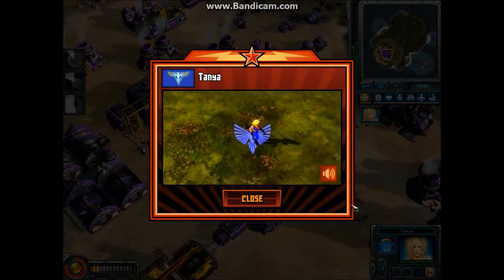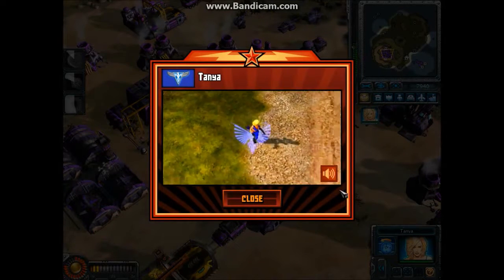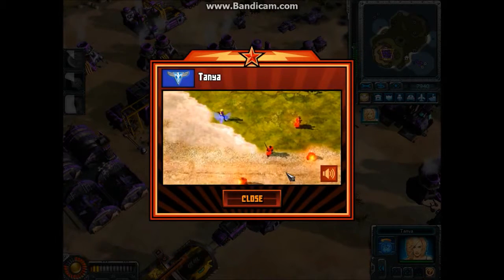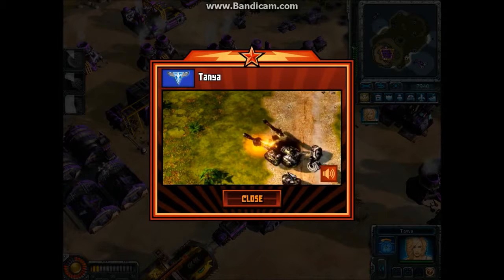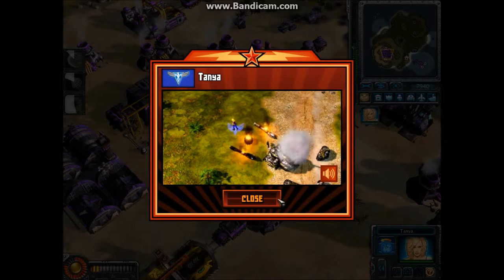Special Agent Tanya is our finest commando. She can easily dispatch enemy infantry with her pistols and eliminate structures and vehicles with her explosives. Tanya is a remarkable swimmer too. Her special ability is the time belt, which instantly transports her back in time several moments and can get her